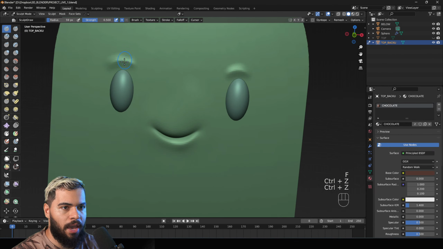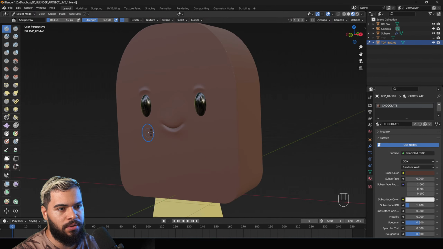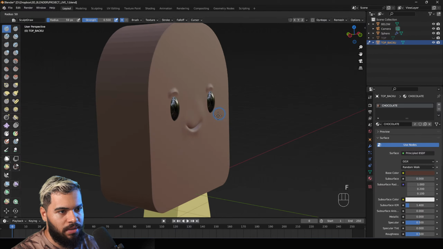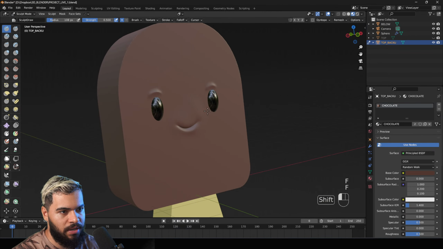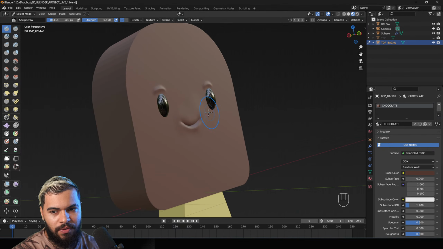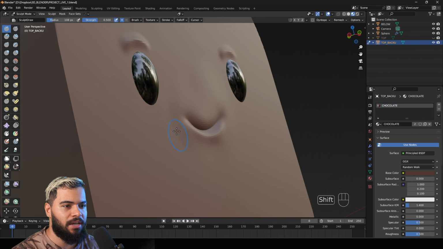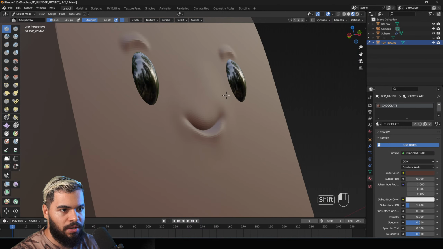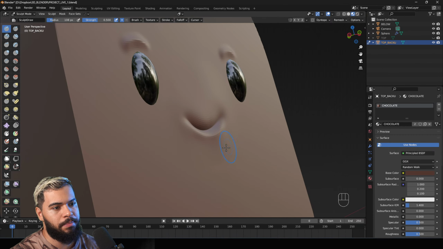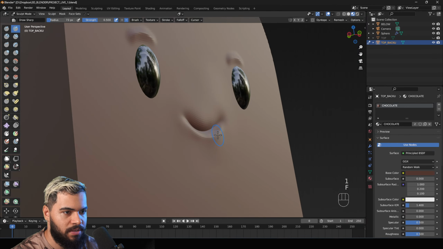Let's go and activate the material preview mode. Here we go. Look at the result. It's nice. Very nice. We have added just a little mouth. As you can see, there are some minor things here. It's because you need to polish using shift a lot. That's going to make the surface a bit better in terms of color, surface faces.